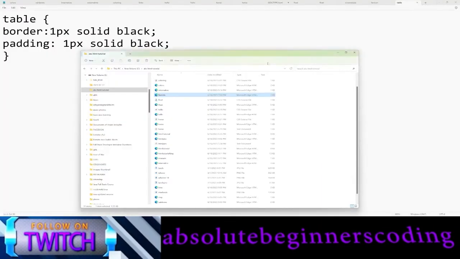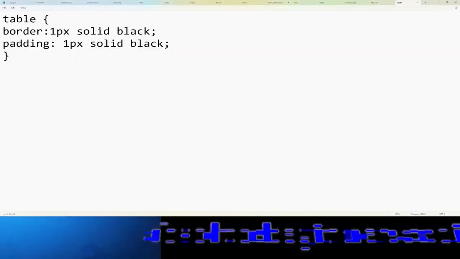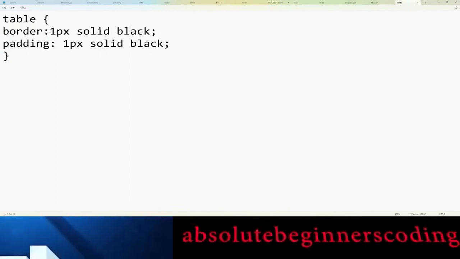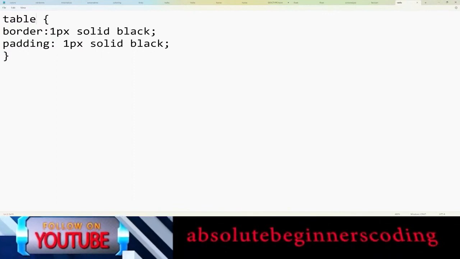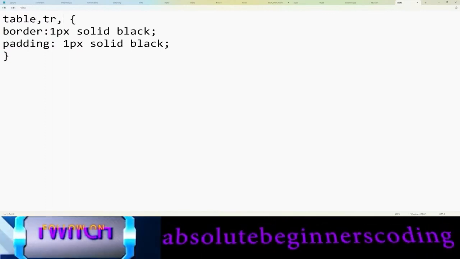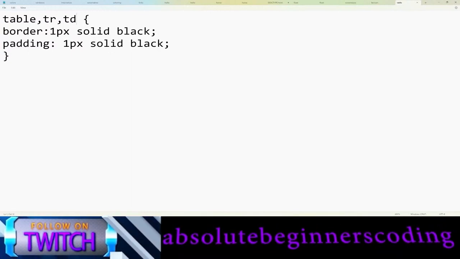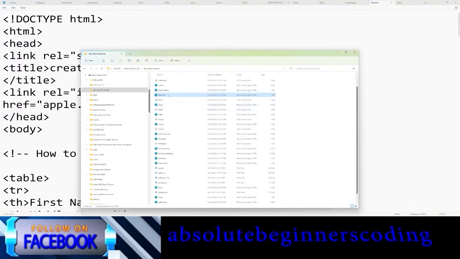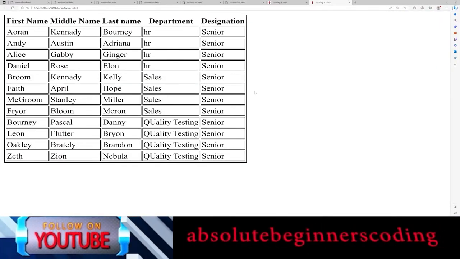The padding has been done, but what I can do is I can create a border for the table row and table data as well, right? Table row and table data. So now I think it will be fine. So now it will be fine, guys. So now we can see everything is under beautiful